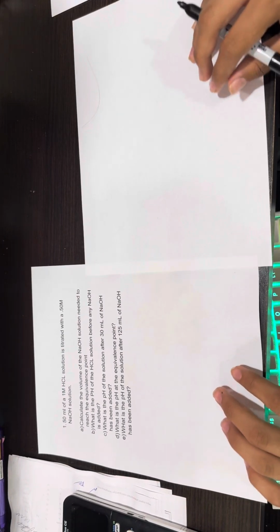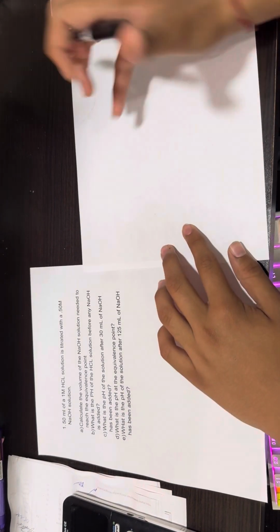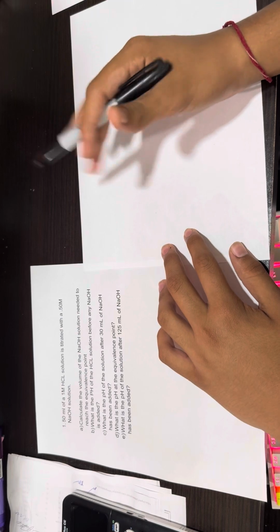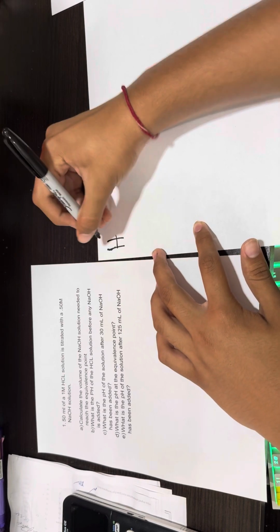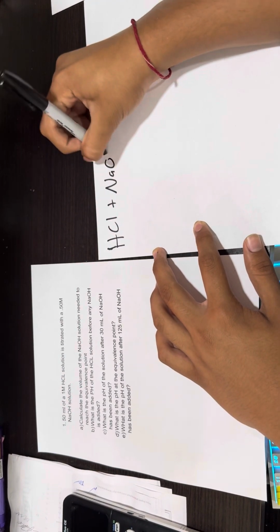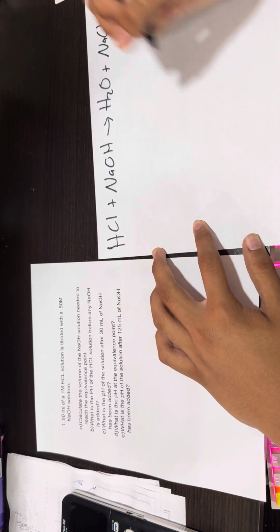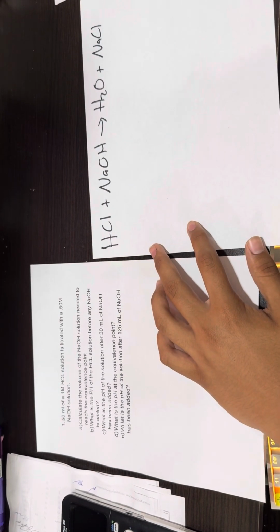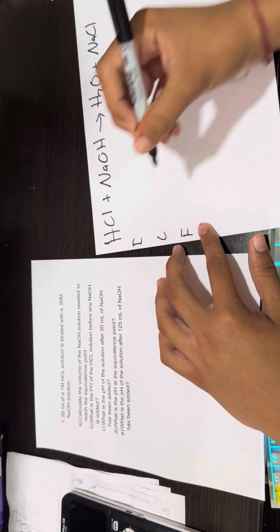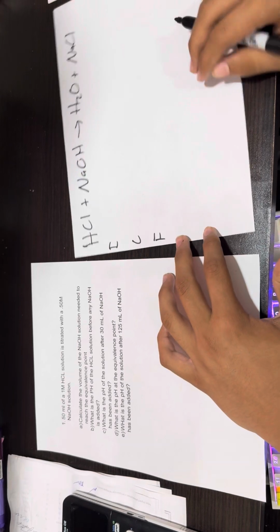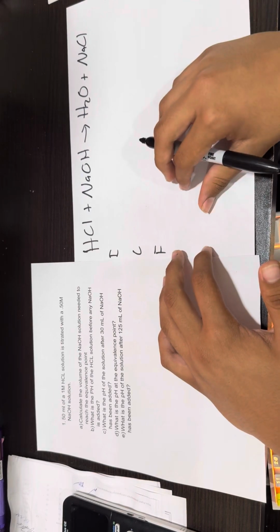All right, so we're being asked to find what is the pH of the solution after 30 milliliters of NaOH has been added. So when we're being asked this type of question, we want to create an equation for the titration. So HCl plus NaOH will give us water and the salt NaCl. So first things first, what I want to do is make an ICF table. This will help us find our answer, and I want to find how many moles of HCl and NaOH I have. So the way I can do that is just